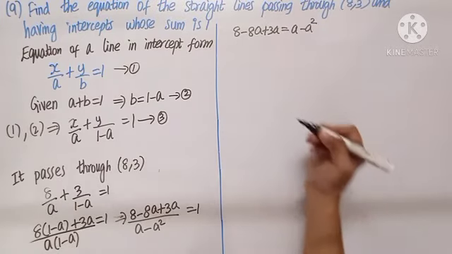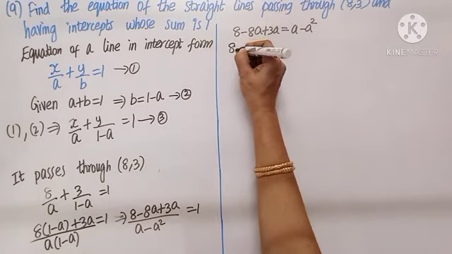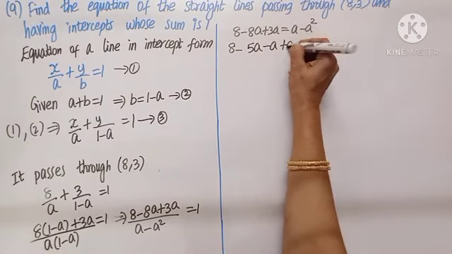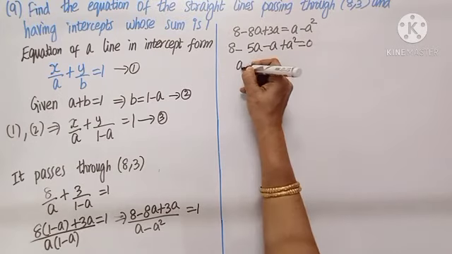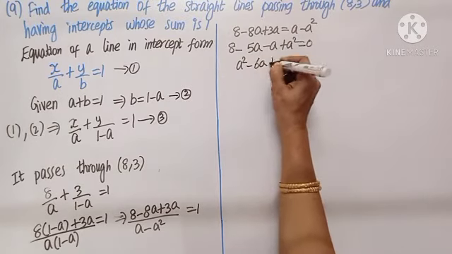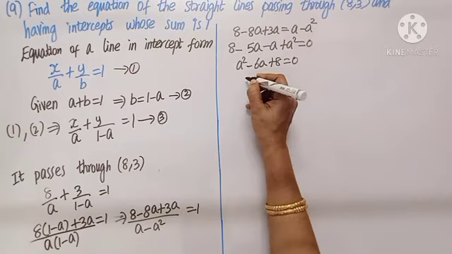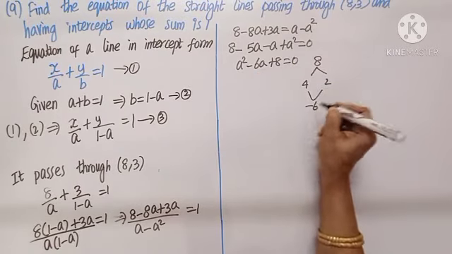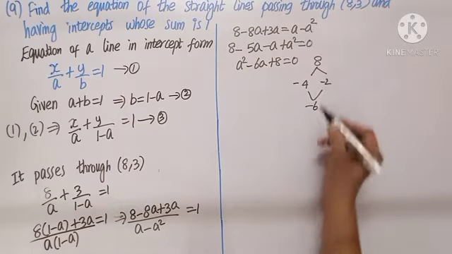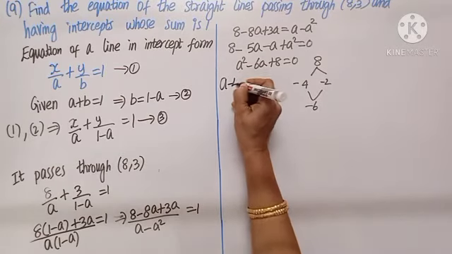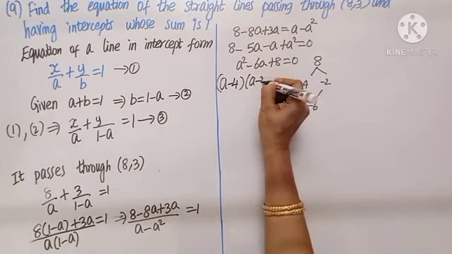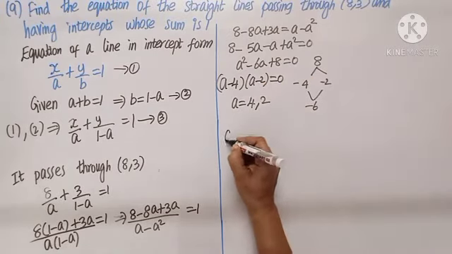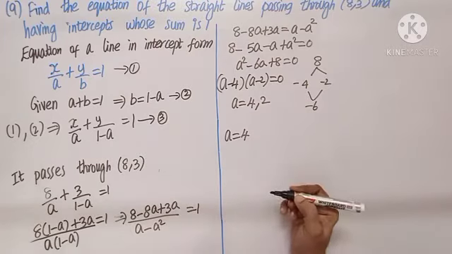Bringing all the terms to the same side, it is 8 minus 5a minus a plus a square 0 or a square minus 6a plus 8 0. As we factorize, we get 4 2's are. Putting the symbols accordingly, we get a minus 4 into a minus 2 is 0, a equal to 4, 2. When a is 4,